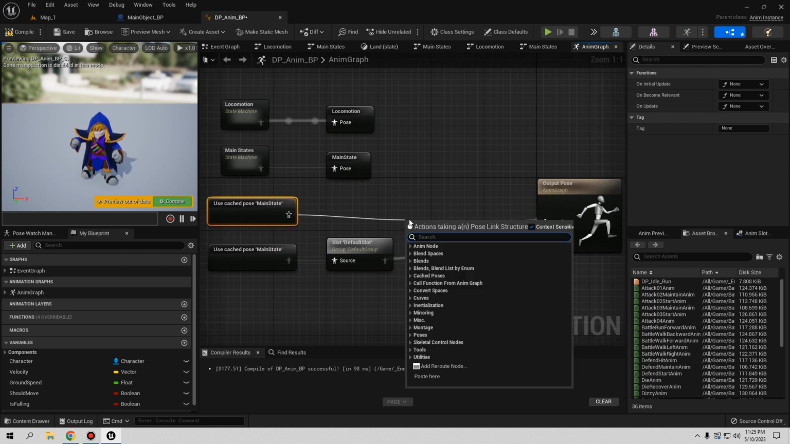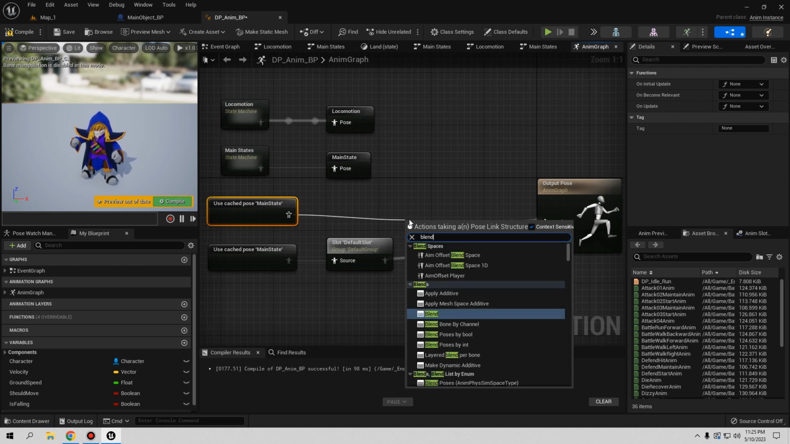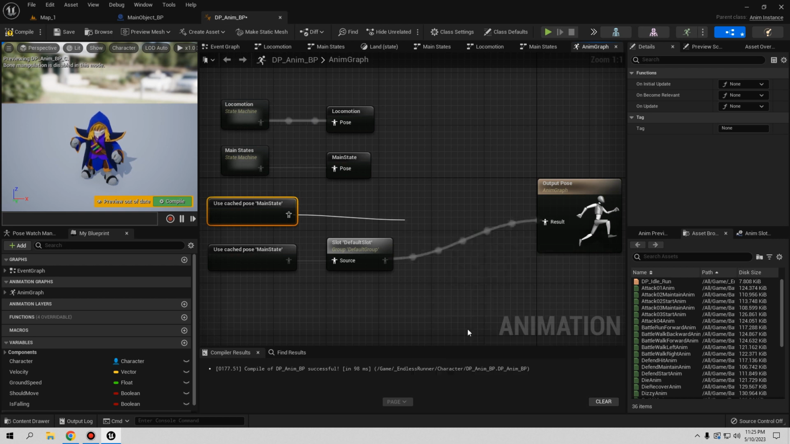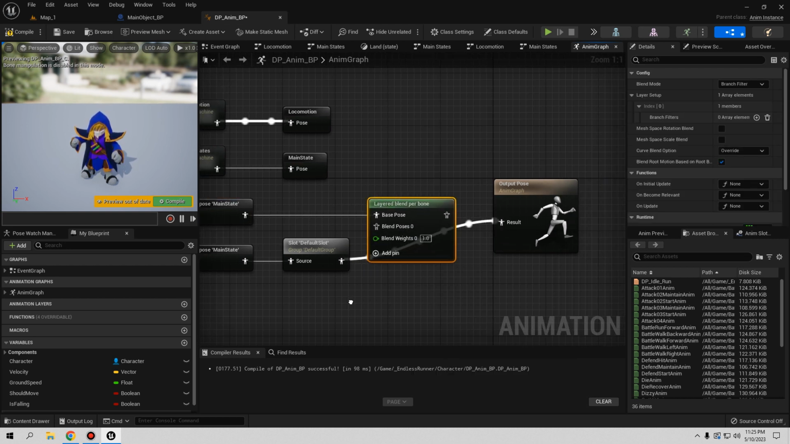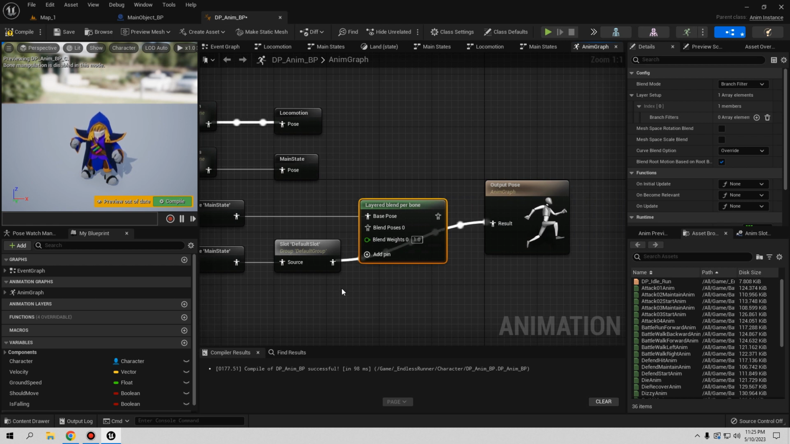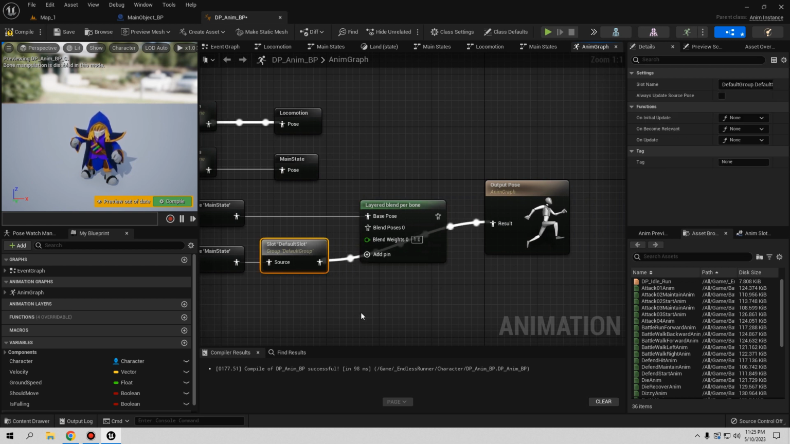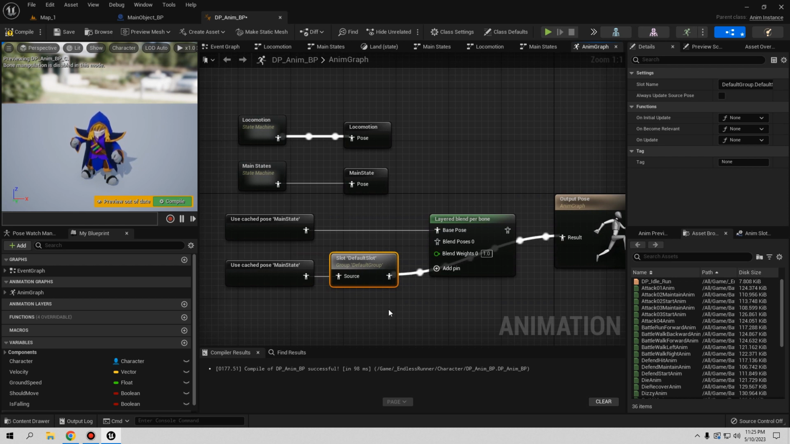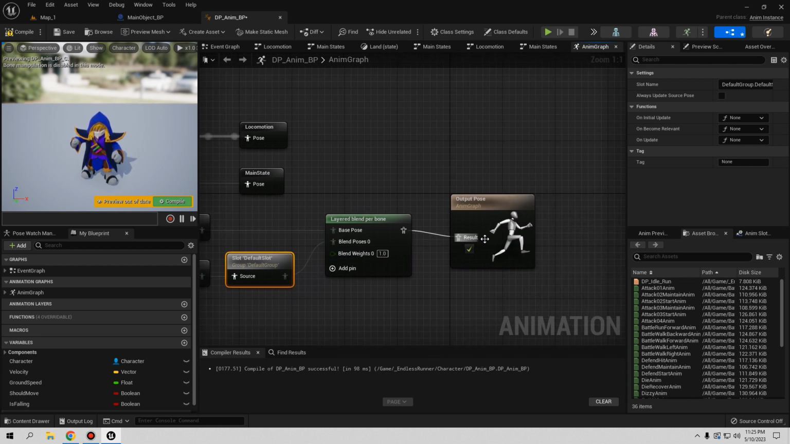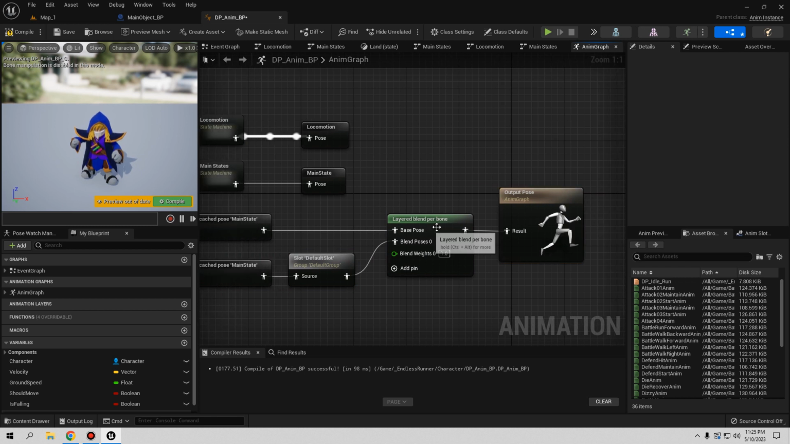So we're gonna need a blend. So let's go here, let's go blend. So we're gonna call layered blend per bone. Sorry for my English, sometimes it's really poor, but I hope you can understand and follow the tutorial without too many problems. Whatever things, you can talk with me on the Discord or in the comments on YouTube. So let's go to default slot, go to blend pose, let's connect everything together, and from here